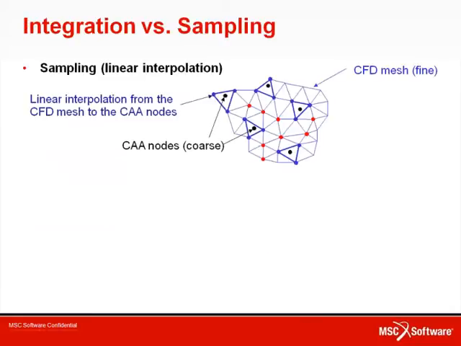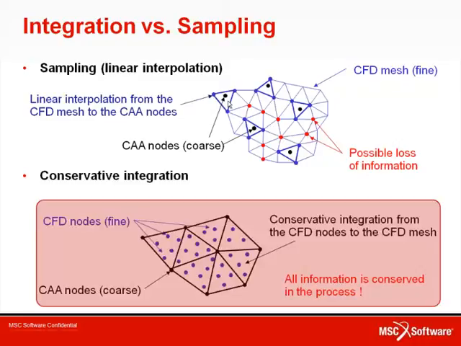So the first step of mapping information from one fine mesh, that is the CFD mesh, to another coarse mesh, that is for instance the acoustic mesh, using a standard interpolation technique, is to localize the acoustic nodes inside the CFD cell. And then the second step is to use the information from the CFD nodes belonging to the CFD cells where the acoustic nodes have been localized. And you can easily understand that there is a possible loss of information if the mesh refinements are very different.